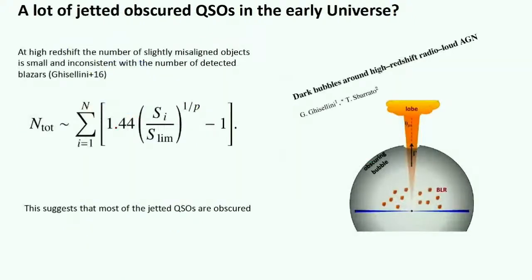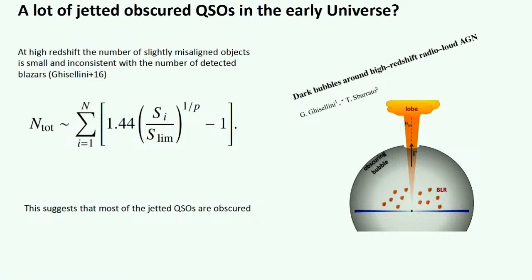The second reason is that probably most of the jetted quasars are obscured at high redshift. This result comes from the use of this formula here, comparing the number of detected blazars and the number of slightly misaligned objects present in a sample presented by the paper here, the same as the formula. Actually, what they found is that the number of misaligned objects is an order of magnitude less than what is expected